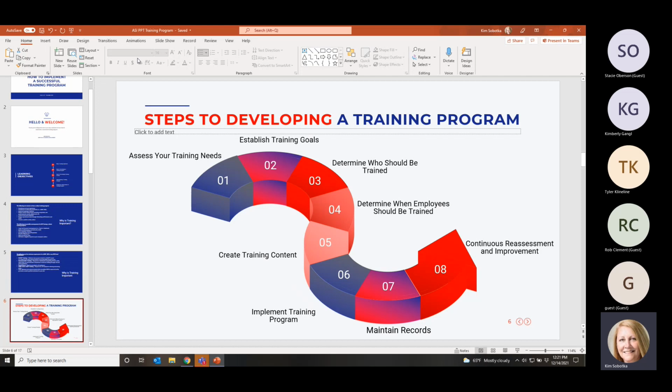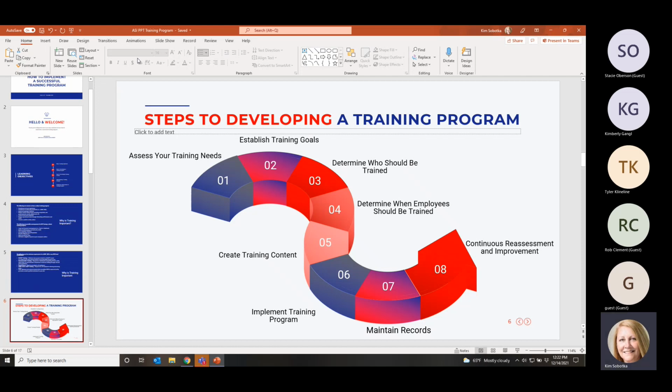So when you're establishing the training goals, determine what do we want to train them on? How often do we want to train them? Who's going to get trained on what falls into step 3. Again, you're not going to train an administrative person on how to work an ink printing machine. You're going to train her on different functions, but she still needs to know about allergens. She still needs to know about washing her hands when she goes to the bathroom. So there's some training that would be effective company-wide.